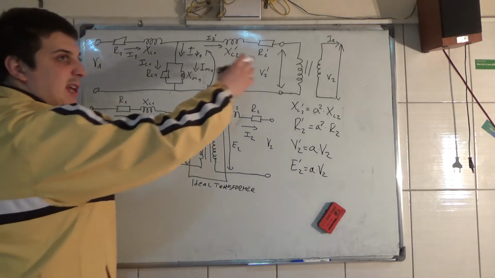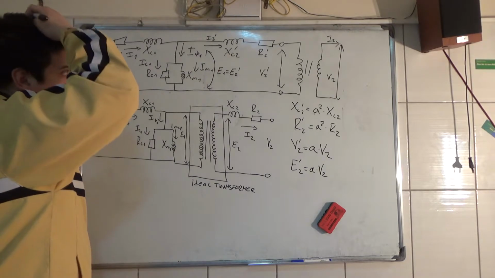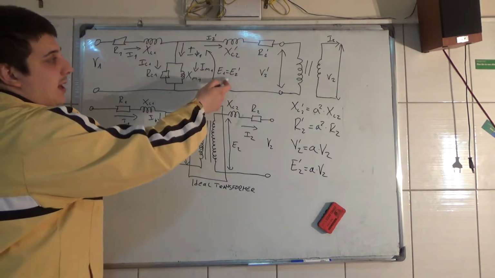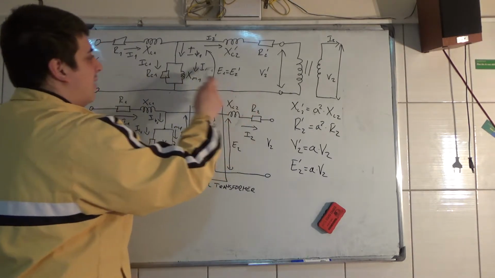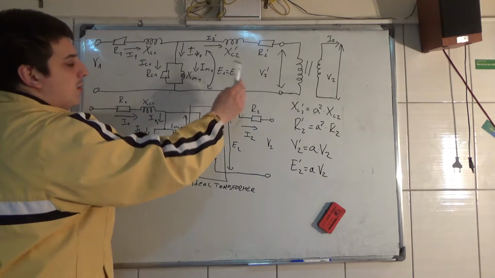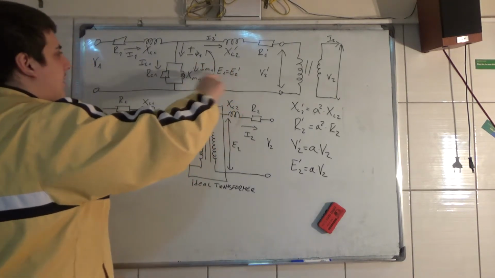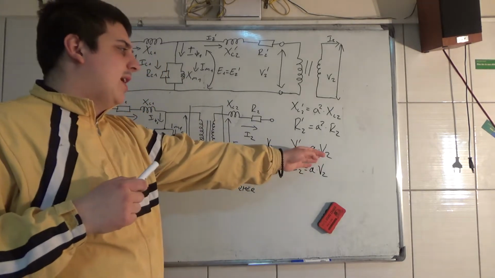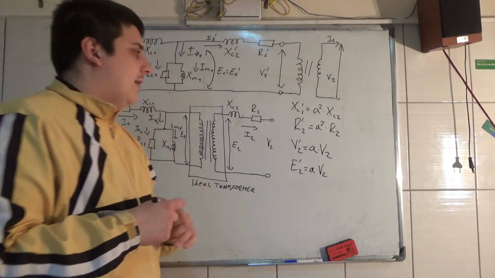If you transfer the secondary to the primary voltage by those impedance transfer equations, you get the same voltages. V1 is equal to V2 prime, and A1, oh no, sorry, A1 is equal to A2 prime, and V2 prime is equal to A V2, because you know that